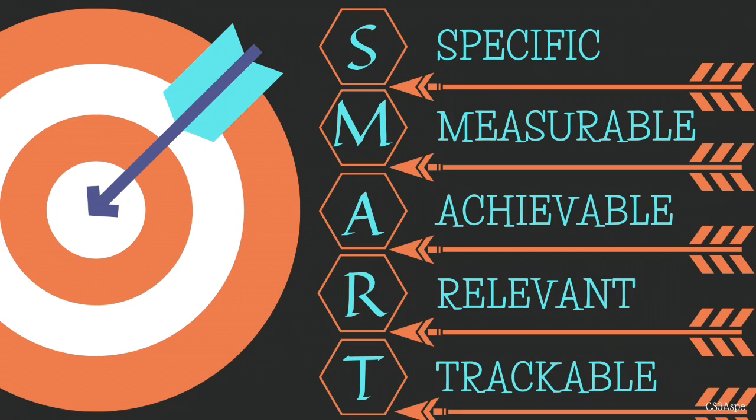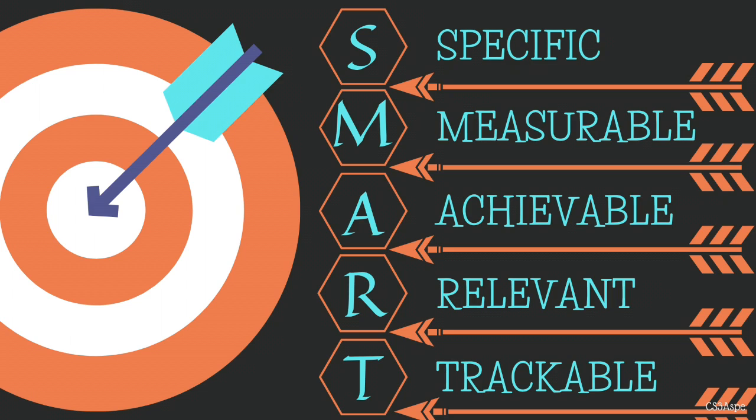These goals should be: S stands for specific, write down what you want to achieve. What do you want to do? M for measurable, write down the amount of times, days, and other measurable factors. How will you know when you reach it? A as achievable, you should be realistic. Is it in your power to accomplish?